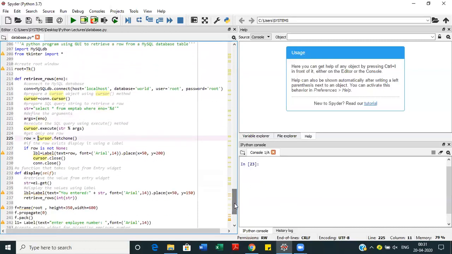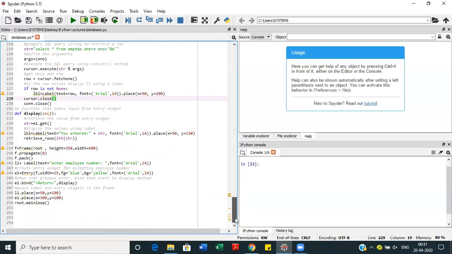Then here we are executing this particular command, fetching that row and saving it to the row variable. But then we have to check whether this particular row exists or not. If that particular row exists, we have to print that row in the form of a label at the given location. So this is all about the retrieve rows function.